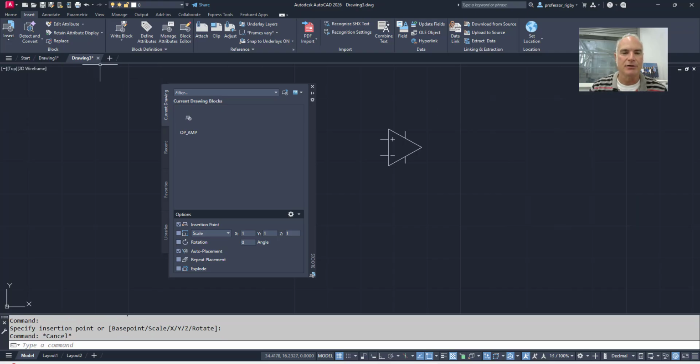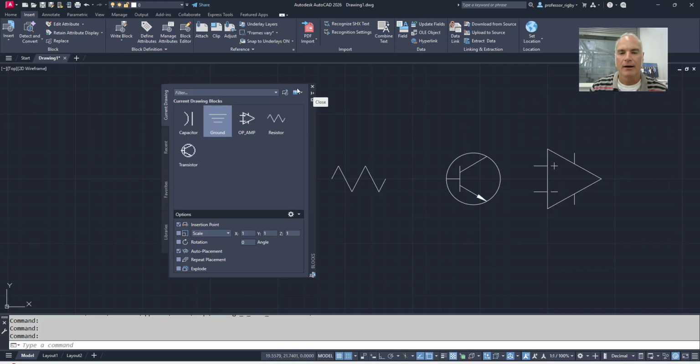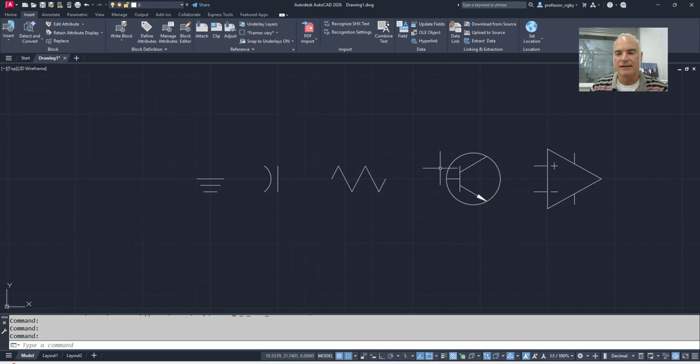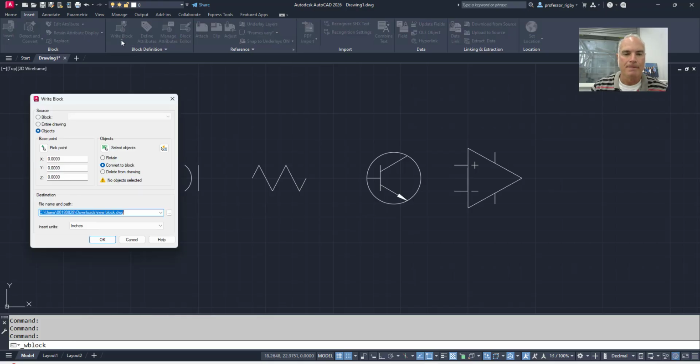Now the last way you can use this write block command is to create a block library. So each of these are indeed blocks. 1, 2, 3, 4, 5. I can write this entire drawing, or all of this geometry, to a new drawing and call it a block library. So I could come in here, for example, and say, again, write block, and this time I'm going to choose the entire drawing as my source,